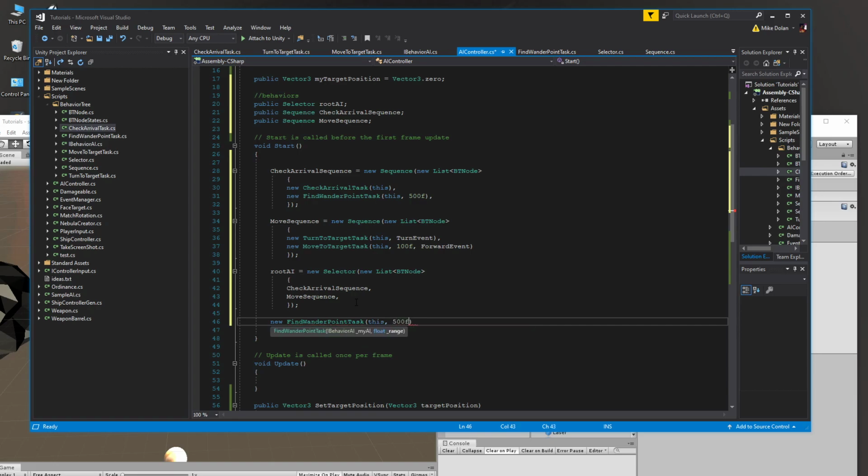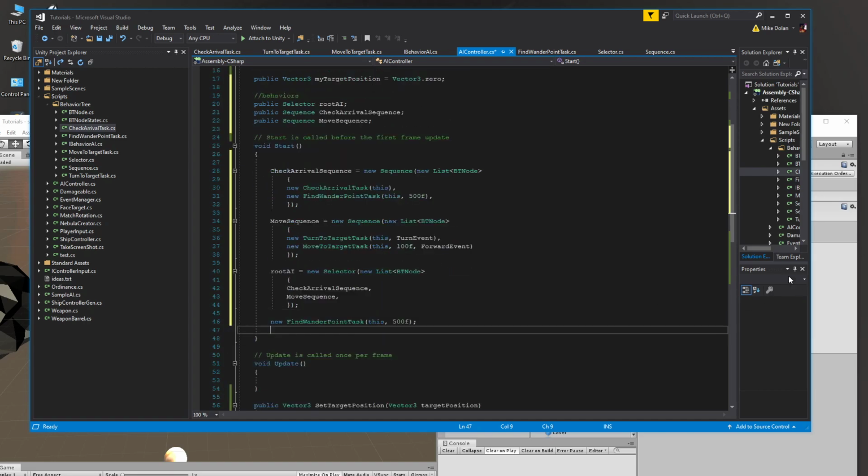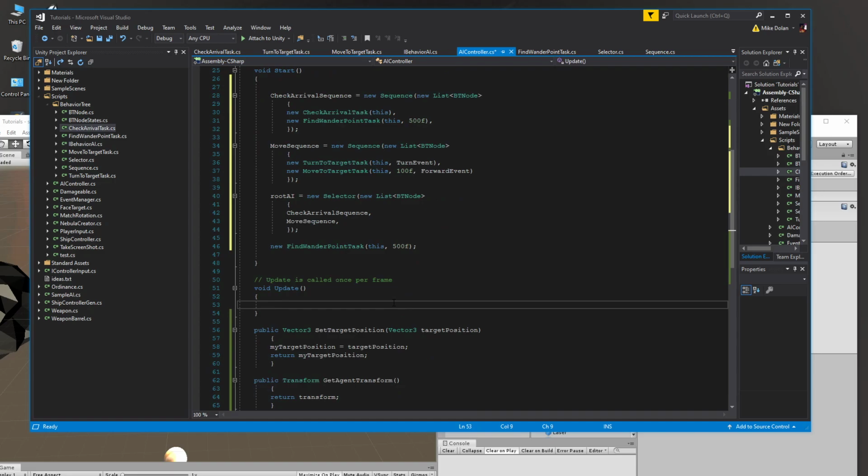We'll just give it a 500, and that way you'll set a wander task. I think, I don't know, it might just go to 0, right? So this will make it a little bit more interesting. Okay, so if we do that, now in our update script, we are going to call the root AI dot